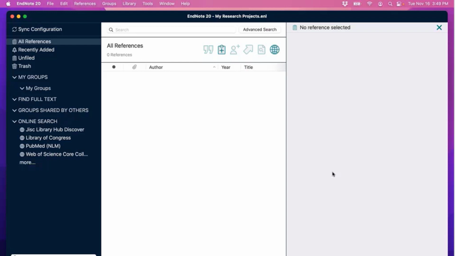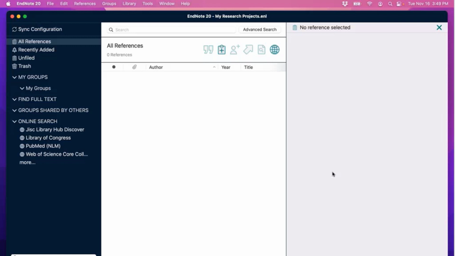Okay, this time we do see the library that we expected to see last time around. Now, to better illustrate the various panels that comprise the EndNote 20 library window, I actually want to switch gears. Even though we just created this new blank library, I want to open a sample library that installs with the EndNote application. If you're following along and you've just created a new blank library, feel free to just leave that open.